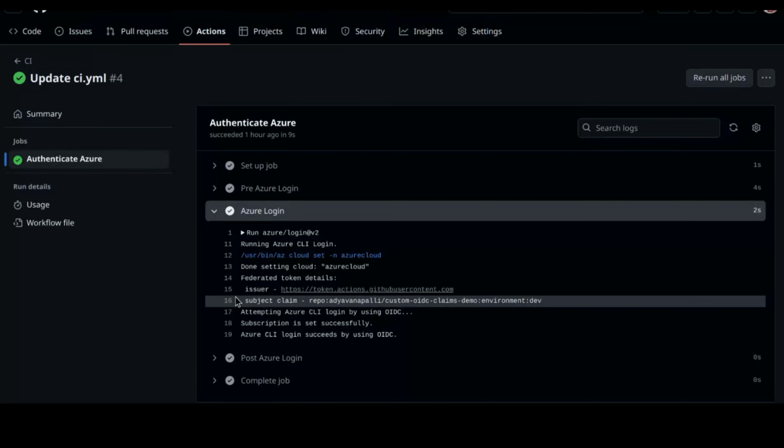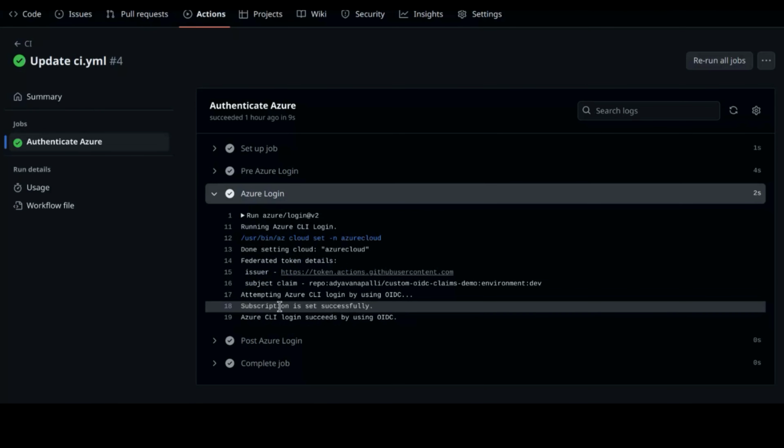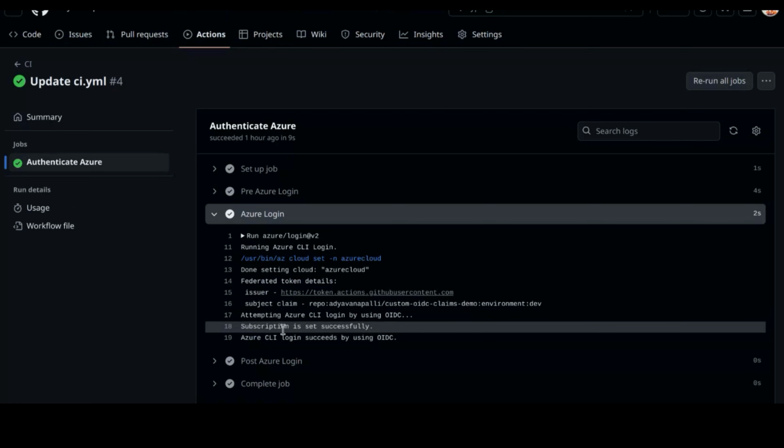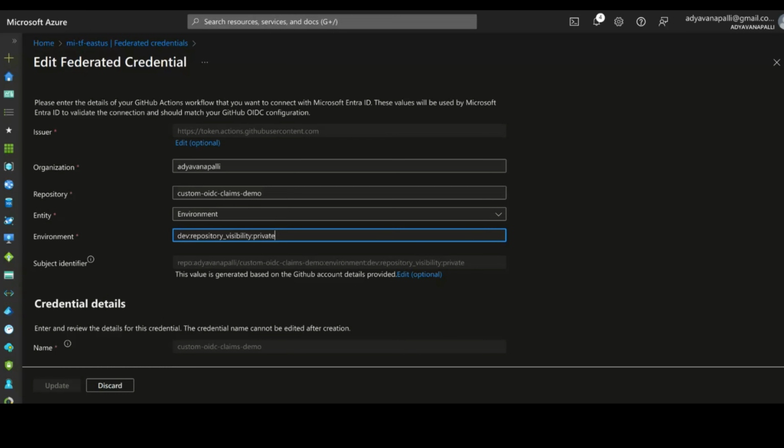So I've gone ahead and reconfigured the repo to send a different set of claim keys. And I've also reconfigured the managed identity to accept this subject claim. So as you can see, it's the repo, the environment, and the repository visibility, and it's private. And so when I did that, I reran the workflow,